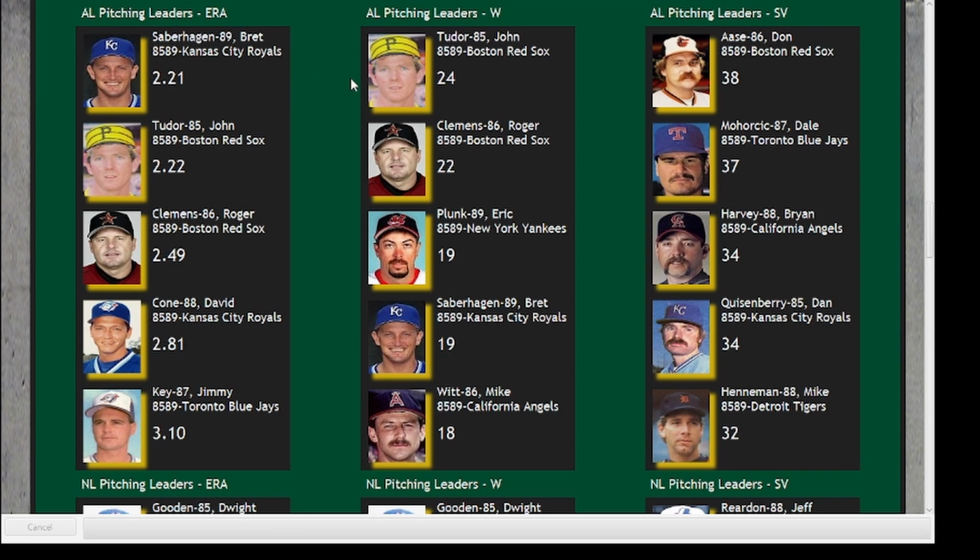ERA, here we go. These folks are a little more familiar here. I don't see any of those fill-in guys this particular run. Bret Saberhagen, 89. I mean, probably 85, 87, or 89, any of those seasons were excellent, but in his 89 he had his top win shares mark. So 2.21 ERA, barely eking out